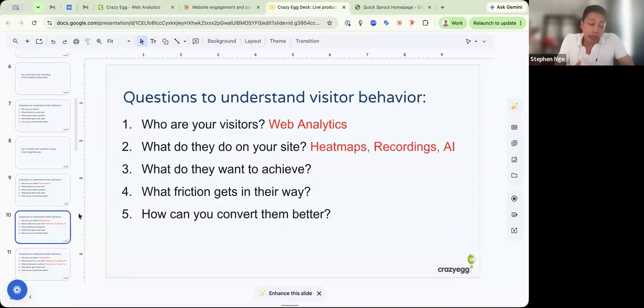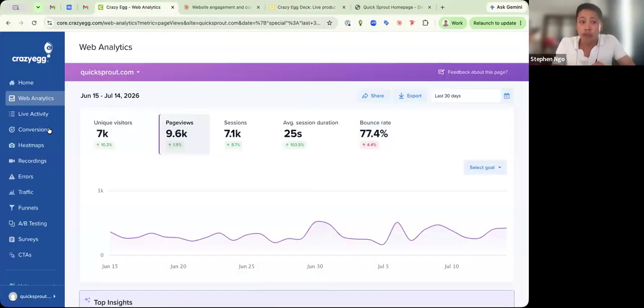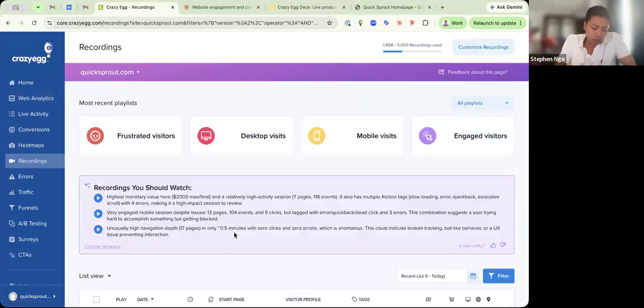And so I really recommend the features that you use in order to understand what they do on your site are those heat maps, recordings, and using AI. And for this, I actually think it's simpler to start with recordings, because heat maps are probably our most popular feature. But a way to describe this is that heat maps are an aggregated form of reporting